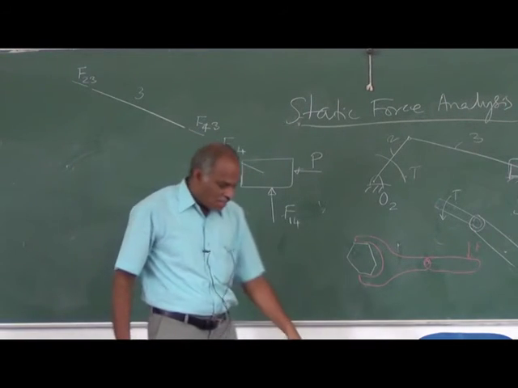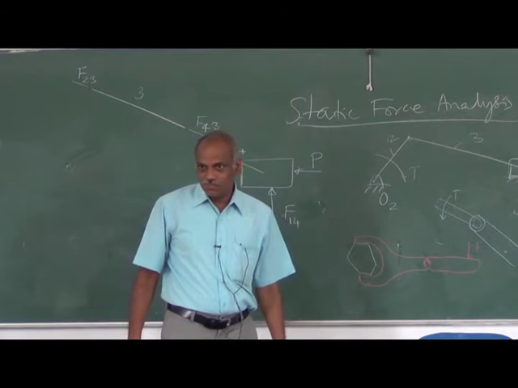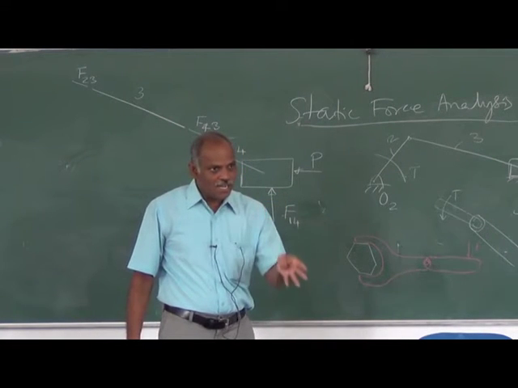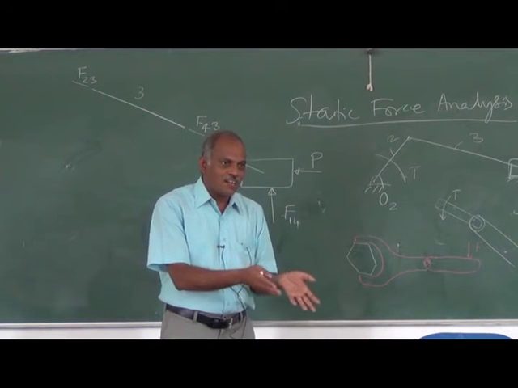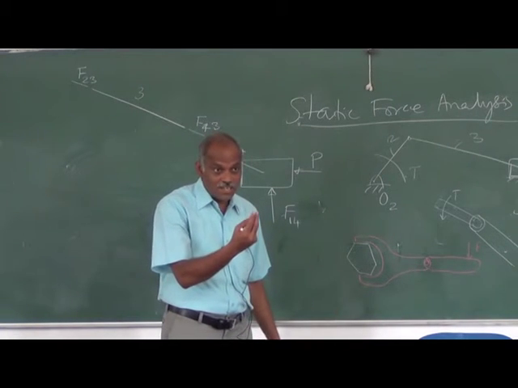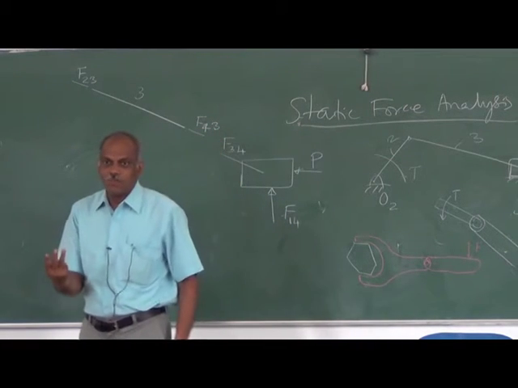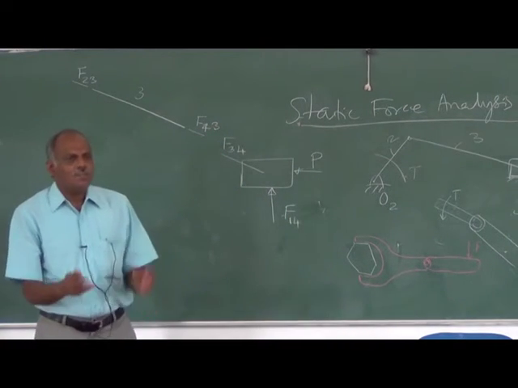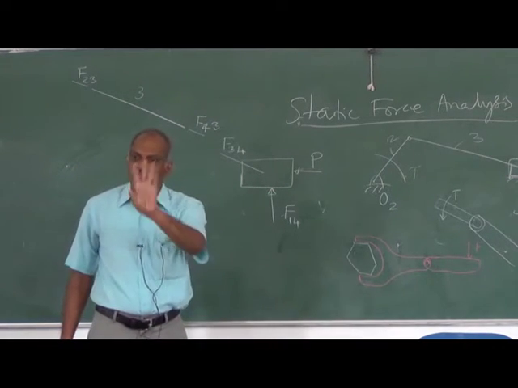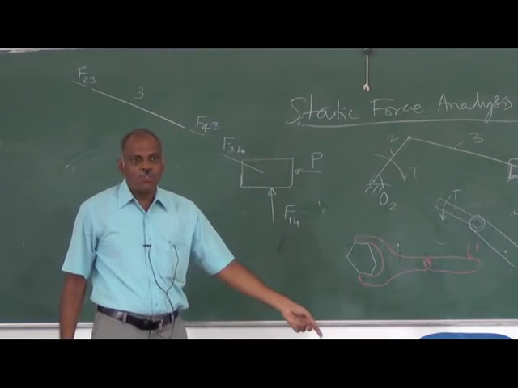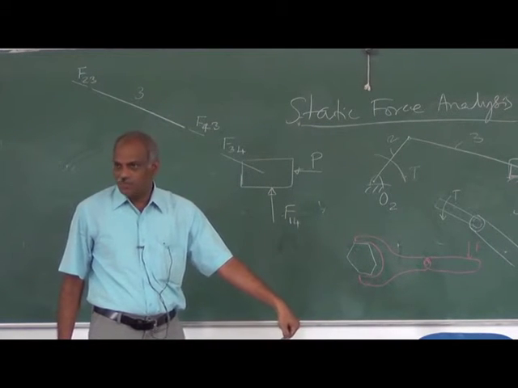Again, here how many unknowns are there? You will have 8 unknowns, because the magnitude and direction of all the reactions are not known. So you have 8 unknowns, it is not possible. But if it is a 3-legged chair, it is possible. So statically, if a chair is to be in an equilibrium position, 3 legs are sufficient. So the 4th leg is a redundant constraint that we are giving.